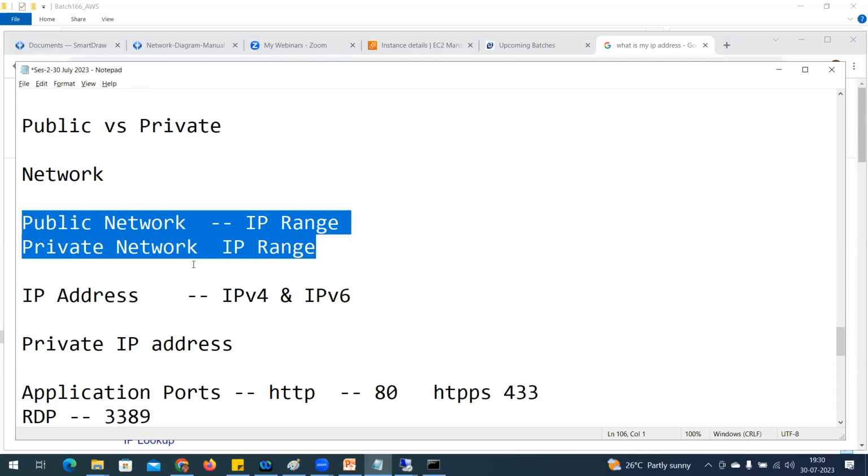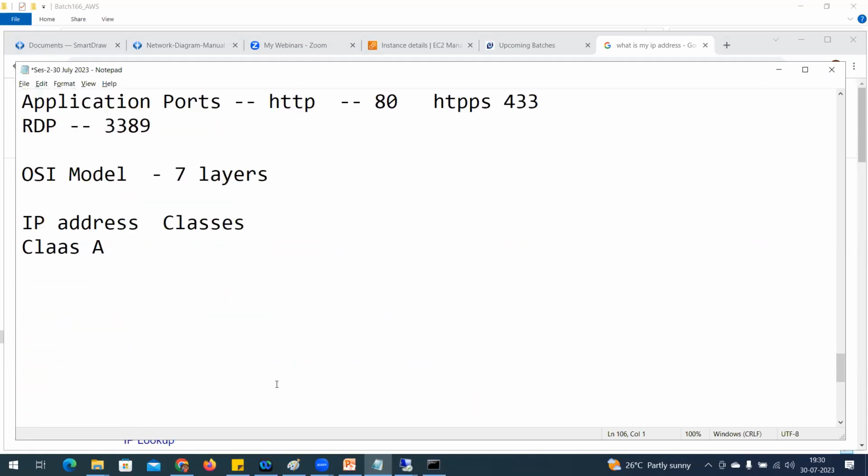Whatever internet you are able to access is provided through an ISP, an internet service provider, such as Reliance or other providers. They are going to have a public IP. As soon as your router connects to the ISP, the ISP assigns the public IP. Public IP means you land on the router's public IP, and it communicates with the private IP.